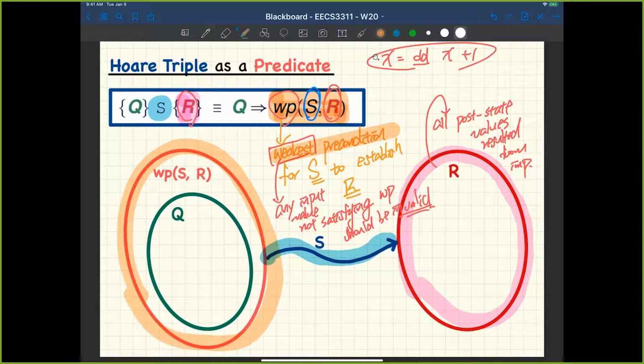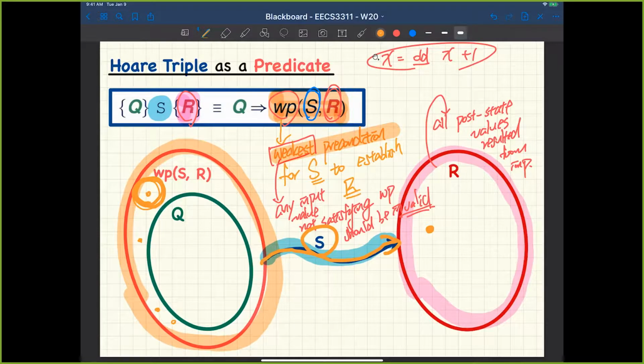Any value that's within the weakest precondition is guaranteed that, starting from this particular state, if you execute the body of the implementation,